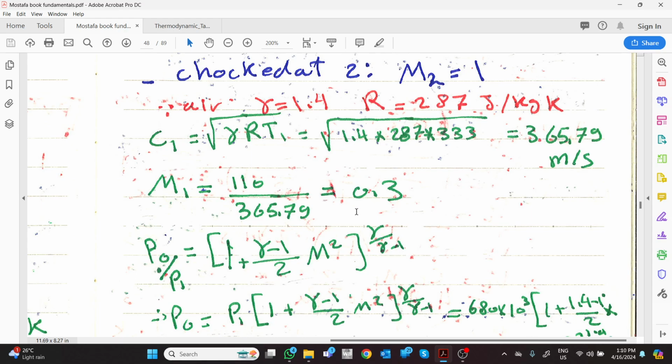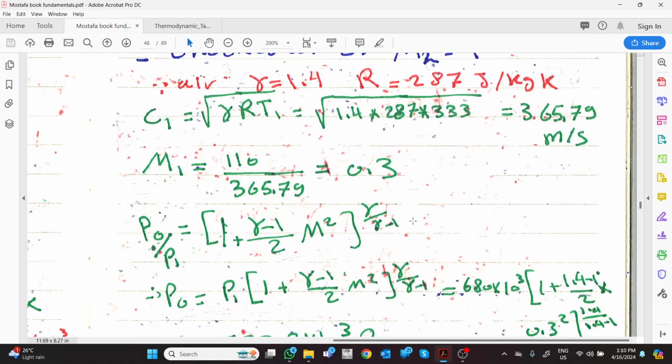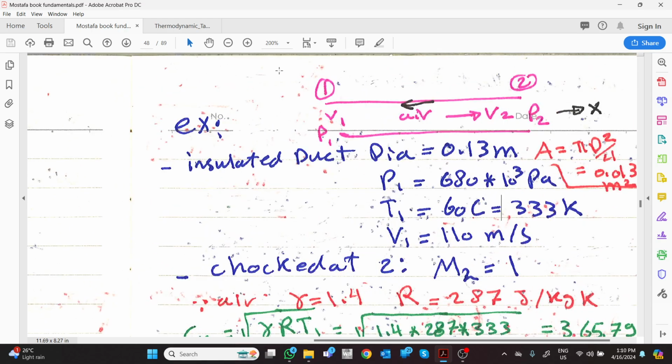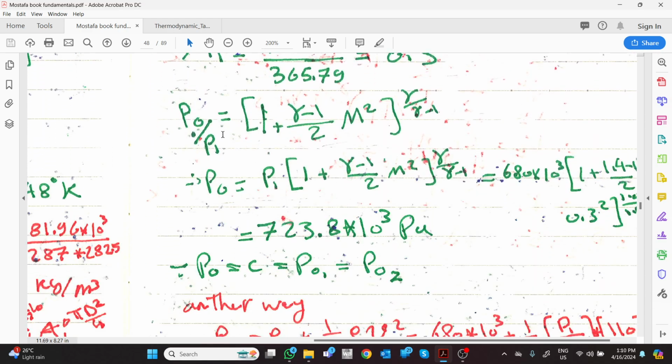Because it is 0.3, we can say it will likely be compressible. Under 0.3, it is not compressible. So we need to calculate the stagnation. First, when we do any work, we need to find the stagnation pressure and temperature for the line. Why? Because he told us that at the exit, Mach number equals 1. At the exit, Mach number equals 1. Okay, so we need to calculate the stagnation